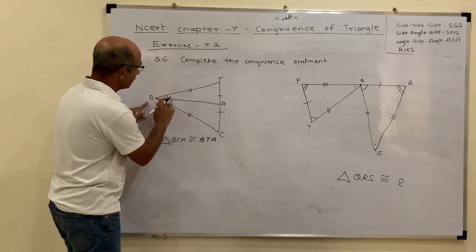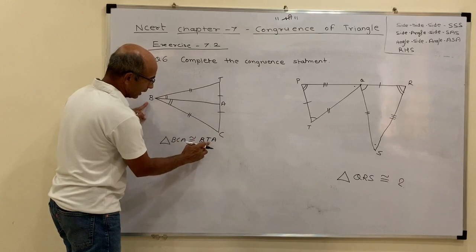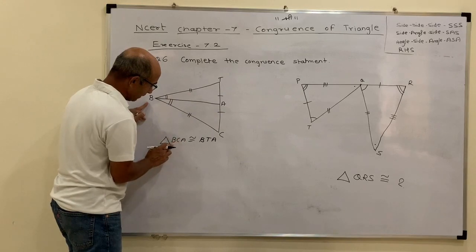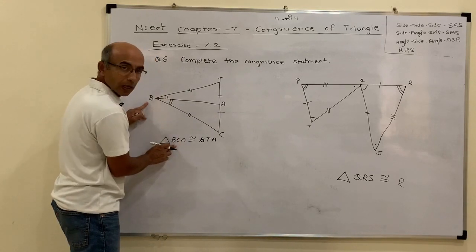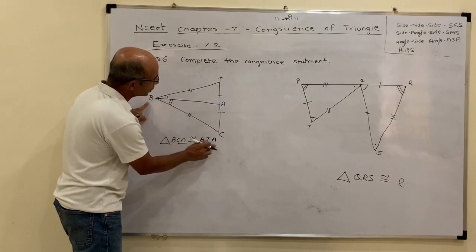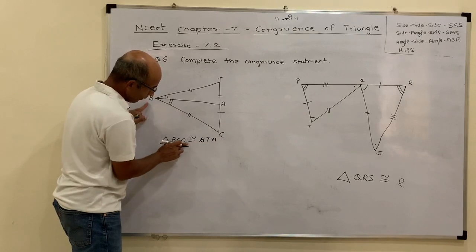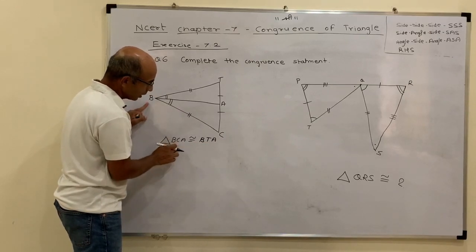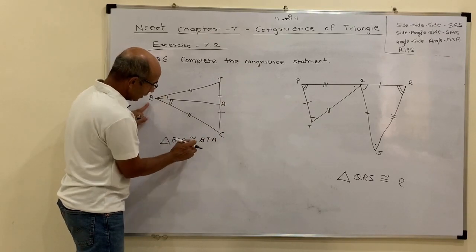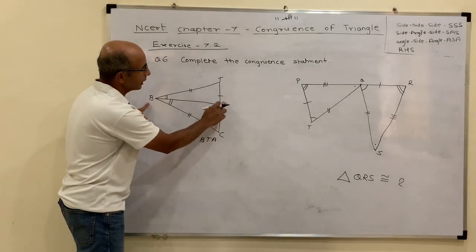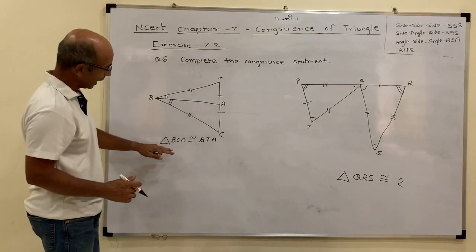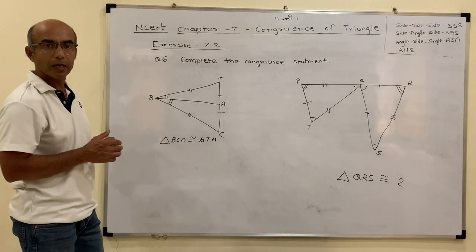So now see BCA, BTA. Now angle B, we got TBA is the angle, and here angle CBA. So B is the angle which is at the first place. Then AC or CA is equal to TA. So my vertices are in appropriate correspondence. Then my angle A is equal to the A which is the last one here, again the last one A, which is the common vertex between these two triangles. So now I can say triangle BCA is congruent to triangle BTA.